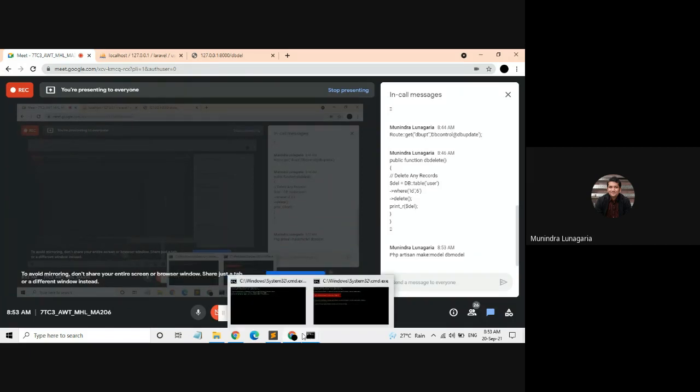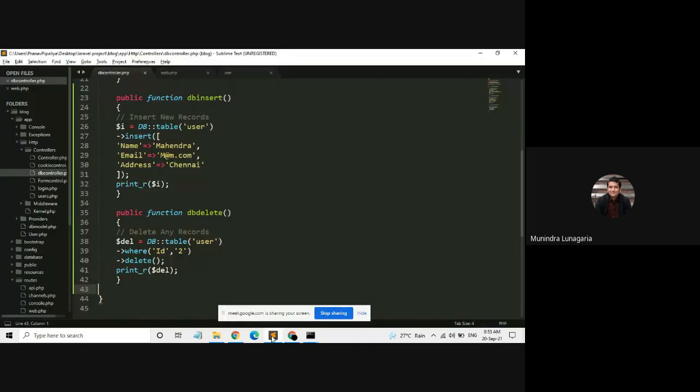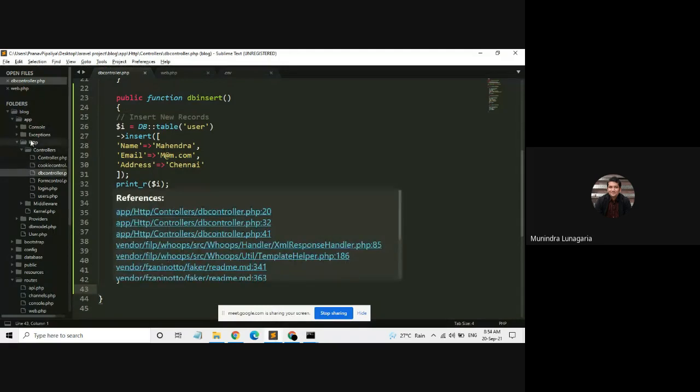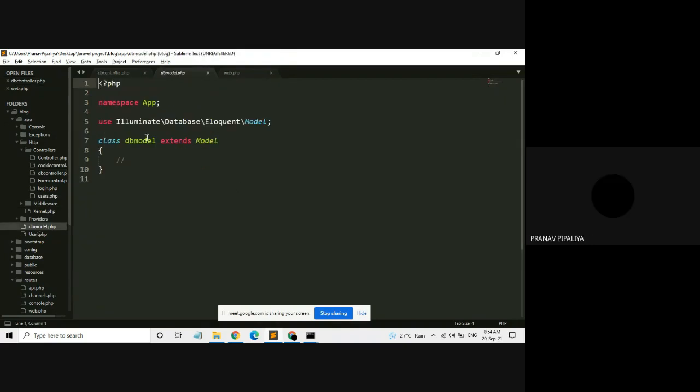Right, now go to the DBModel.php, which is available in the app folder. So go to the app folder first, where you find the DB model. Yes, sir, DB model, right? In the app folder. Fine. So now we are going to write some functions over here.